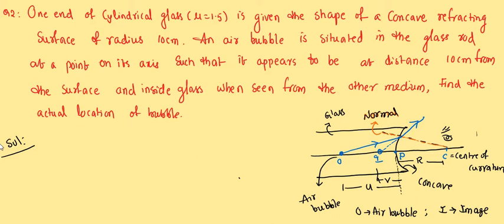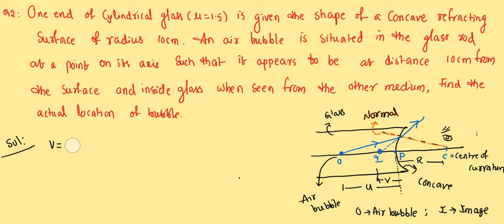Now here the object is O, and the blue light ray started from the object, and it will be refracted and go like that. When we extend this refracted light ray backward, it will meet at one point on the axis, that is I. At that point the image appears. That image distance from the pole is v. The image appears when we observe from outside, at 10 centimeters from the surface, as they gave in the question.